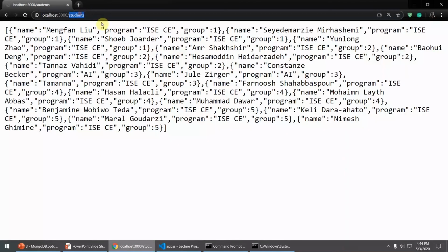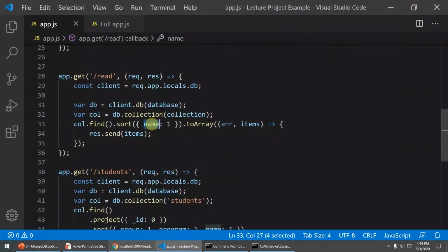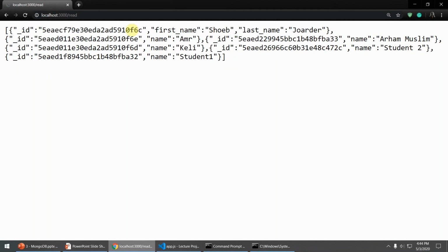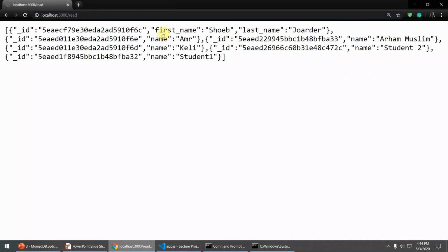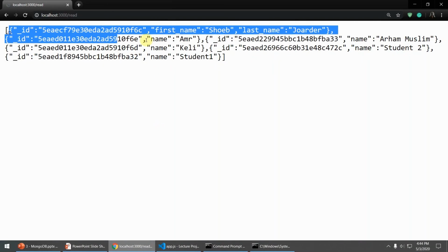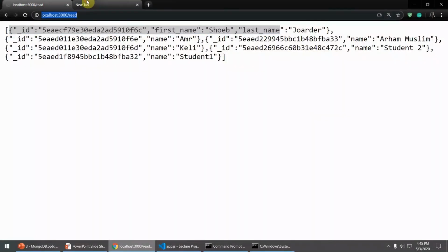So for example, if we see read, we see that okay, it is based on the name. For example, name Amr, name Arham, Kelly, student 2, and these are all the students which have been named. Since this field does not have a name attribute, it is ignored and shown first. So let's say we add another, let's copy this,